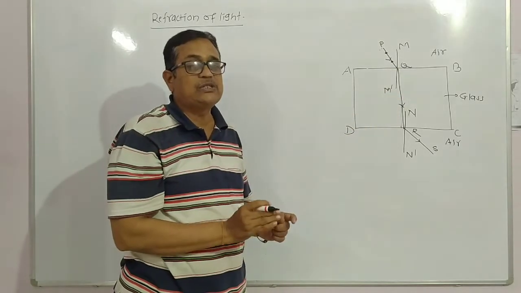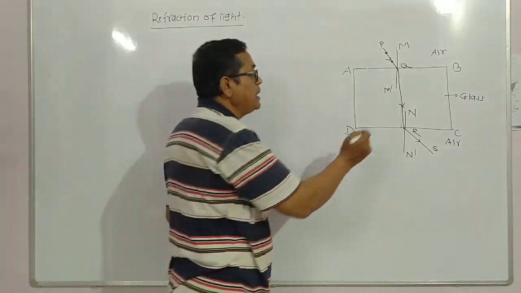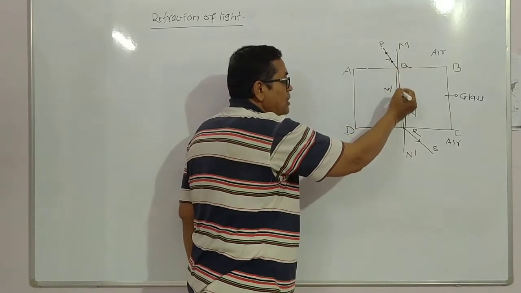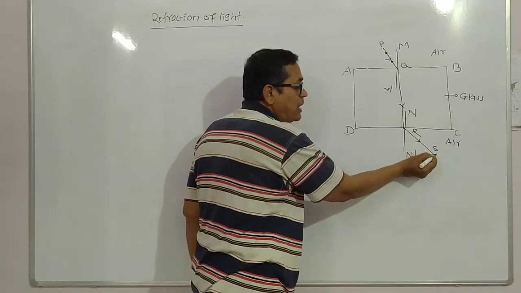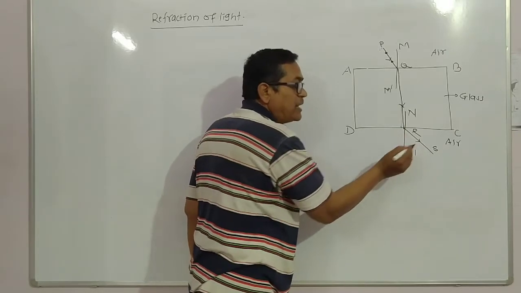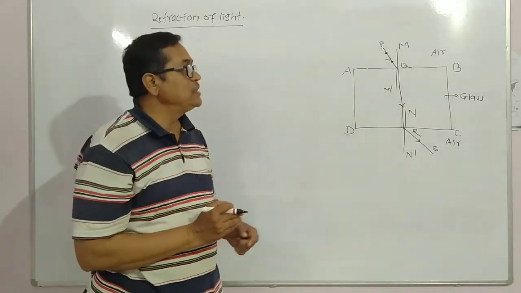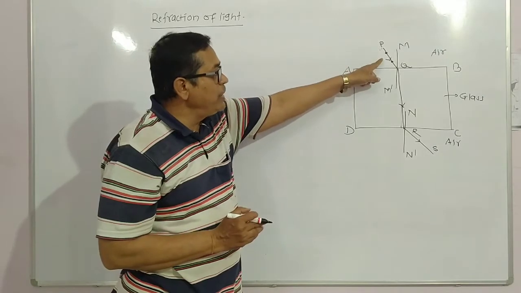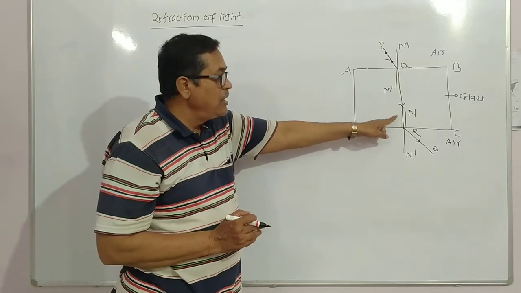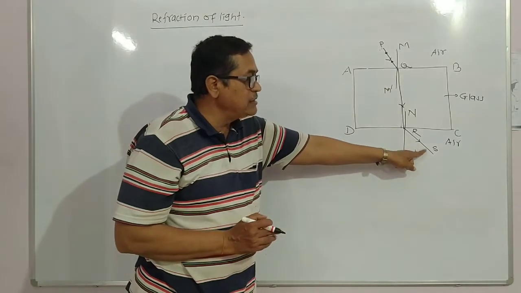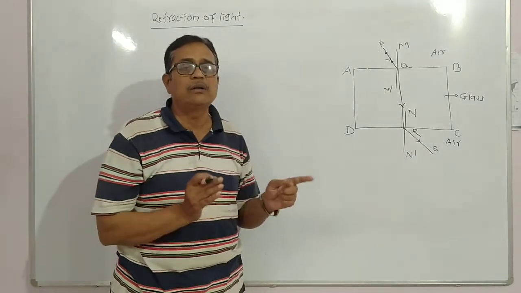Light ray changes the direction when it enters the glass from the air, and hence it changes the direction towards R. Then at point R it again enters into the air and it again changes the direction when it enters from glass to air. Means in this way, look here, when it passes through air, it enters the glass slab at point Q, it changes the direction. Again through the glass, it again enters the air, it also again changes the direction. And this phenomenon is called refraction of light.